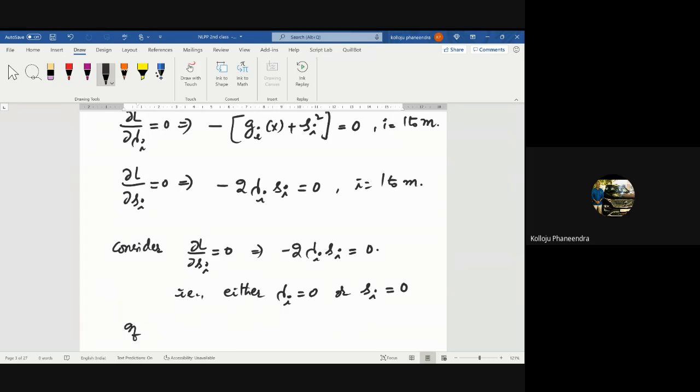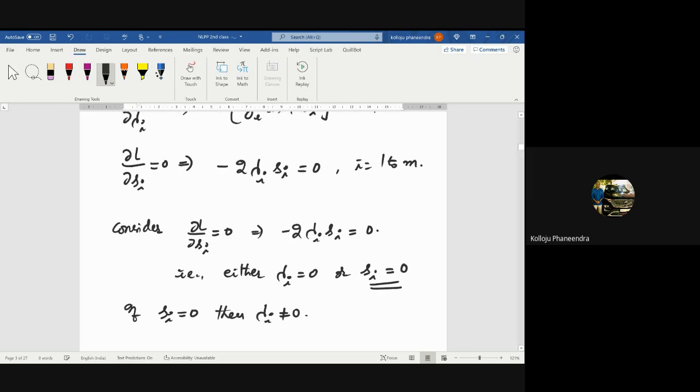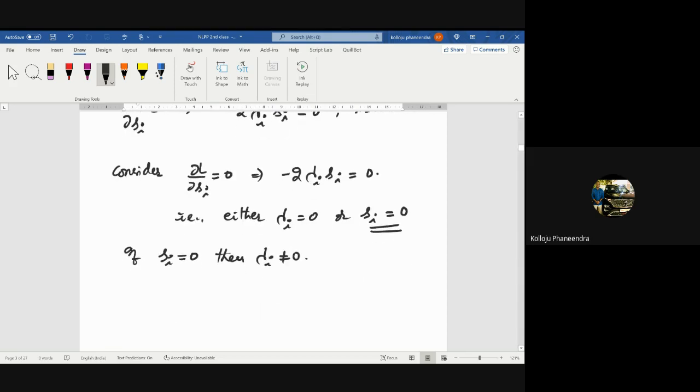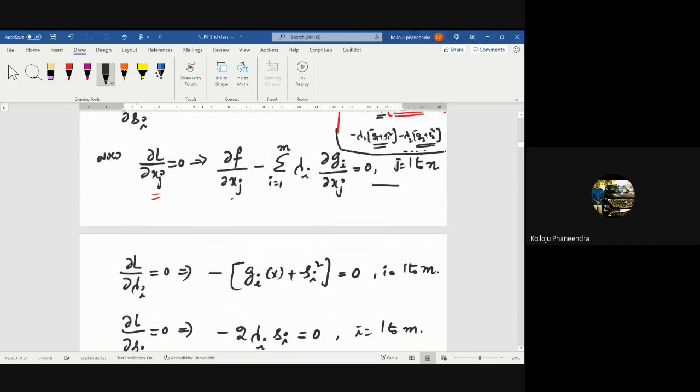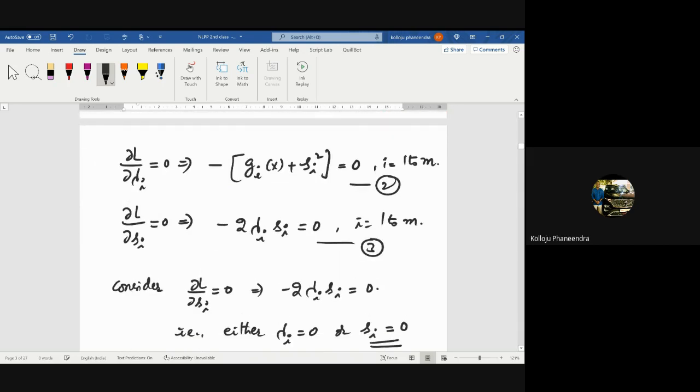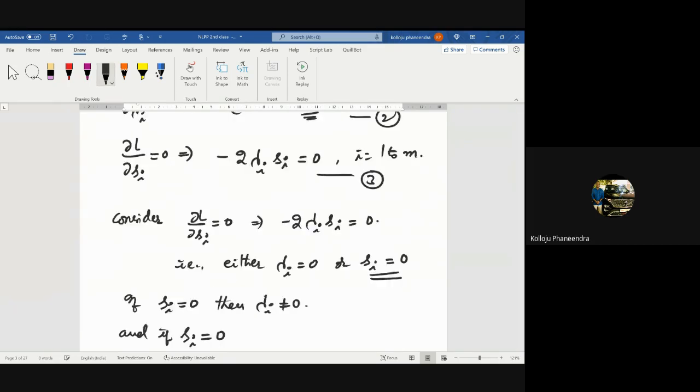So I have to get lambda i g_i(x) equal to 0, right? If s_i equal to 0, I am considering this part. First thing, if s_i equal to 0, then lambda_i is not equal to 0, correct? Lambda_i not equal to 0. Let me give some equation numbers: this is 1, this is 2, and this is 3. Now, if s_i equal to 0, from equation 2,